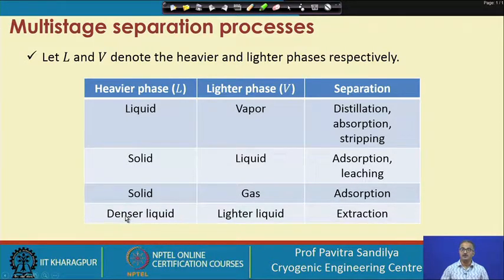And then we may have two types of liquids with different densities. So, one is a denser liquid and another is a lighter liquid, and they are immiscible. For example, oil and water are two different liquids with two different densities and they are immiscible. So, they will form two phases. That is how we say that we can have a denser liquid and a lighter liquid which are immiscible. So, this can also effect separation, and that kind of separation is obtained in extraction.